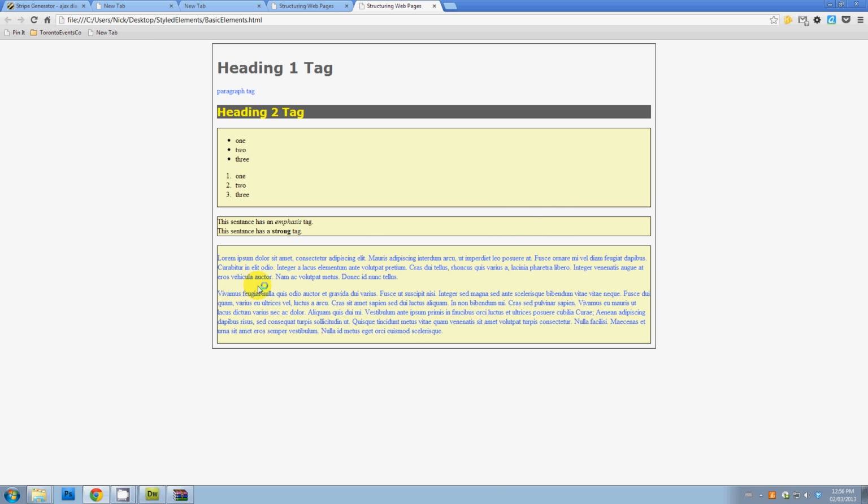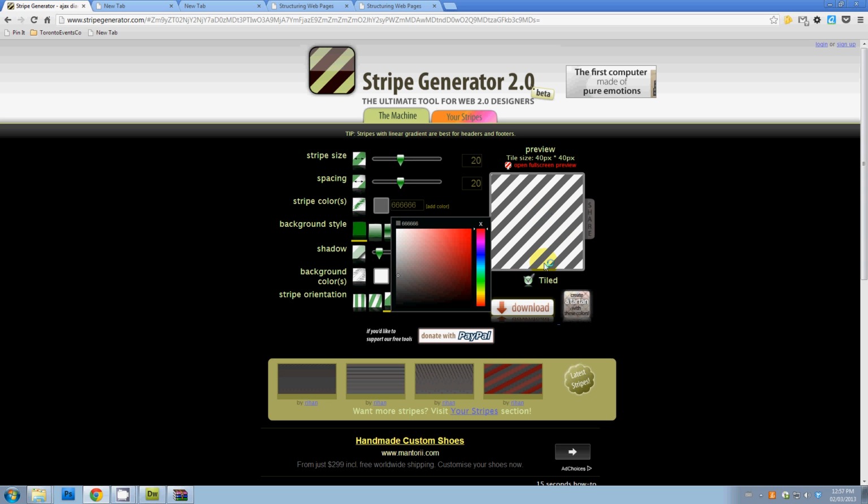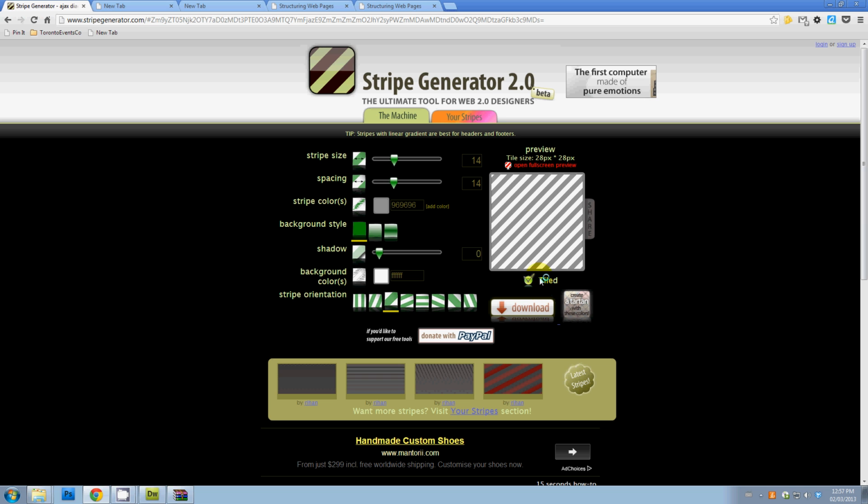To do that, there's an easy website called stripegenerator.com where you can adjust these tiled backgrounds. So what I'm going to do is change it to sort of a gray color, maybe something like that. Refresh it, that looks good. Maybe I'll make it a little bit smaller. And once I download it, oops, close that color window. Then once I download it,